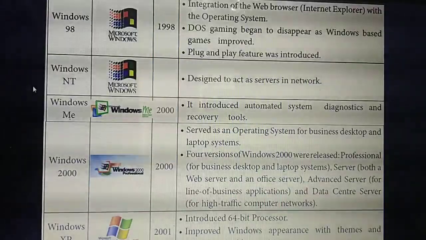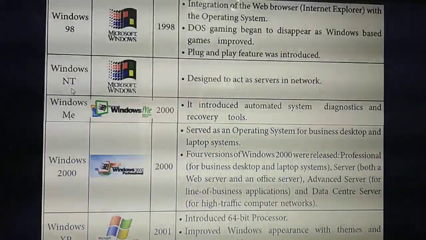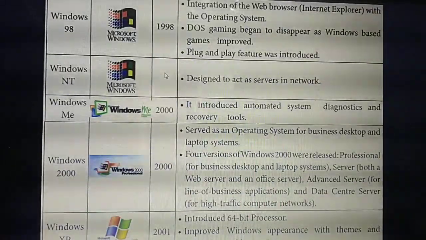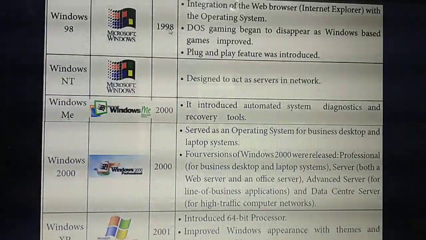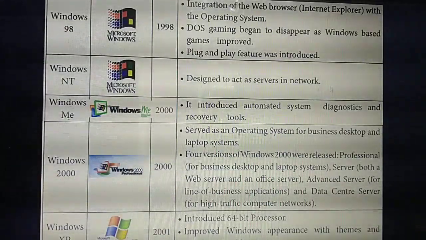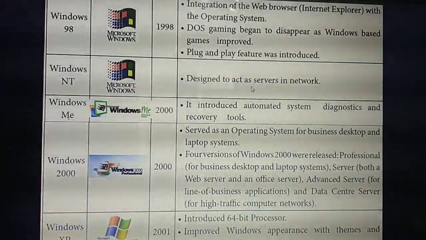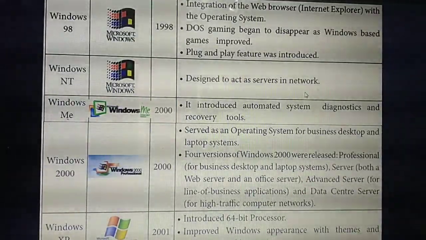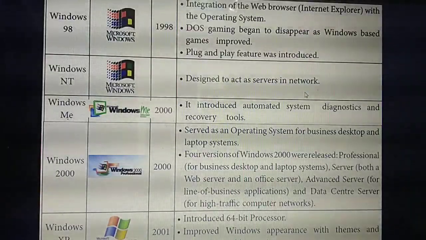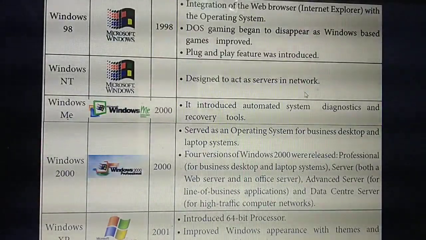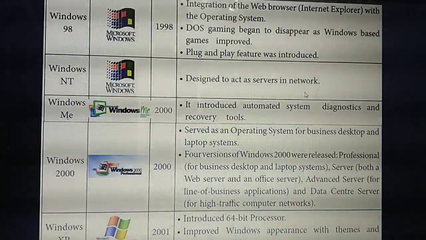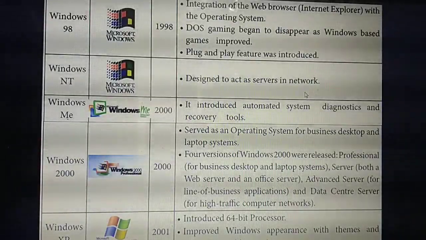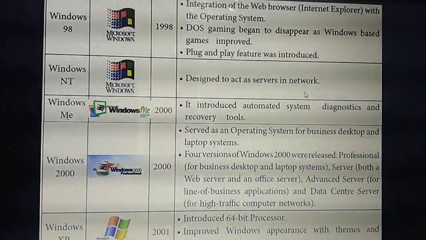So next version is Windows NT. In Windows NT, it is the same year only, 1998. Here they already had servers in a network. What do you mean by server? I'll give one best example from the first chapter onwards. Our school smart board: all the smart board contents are stored in one system on the ground floor.